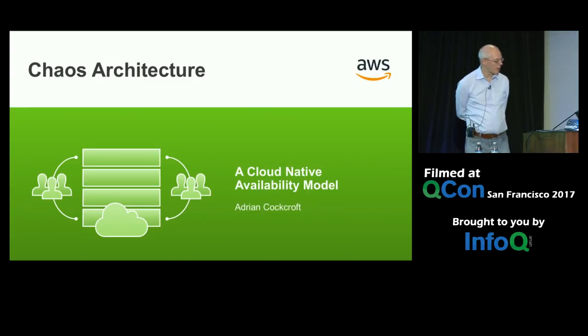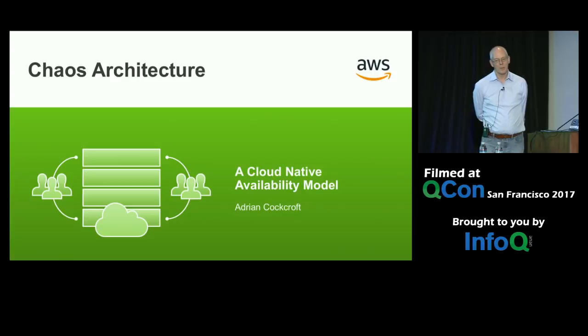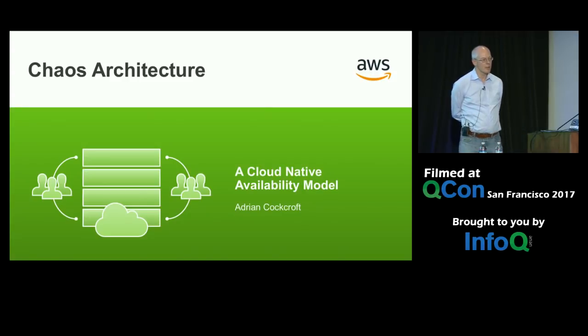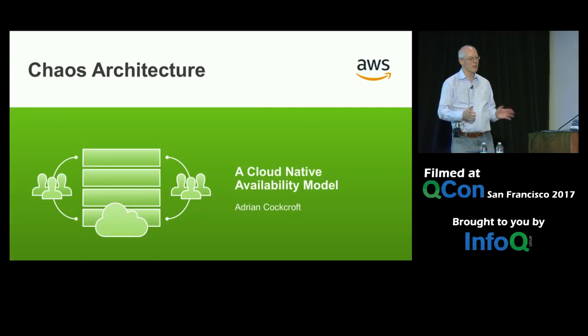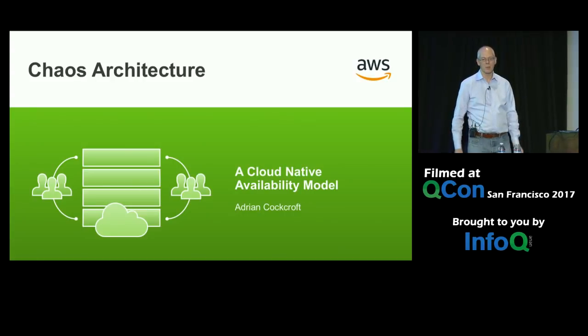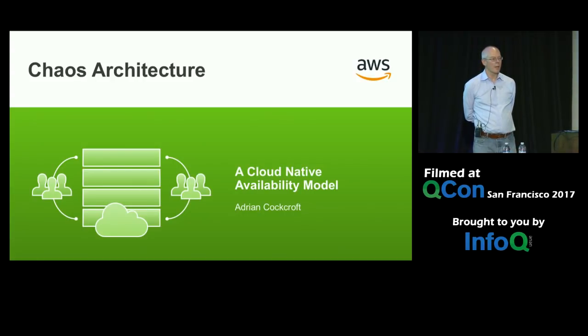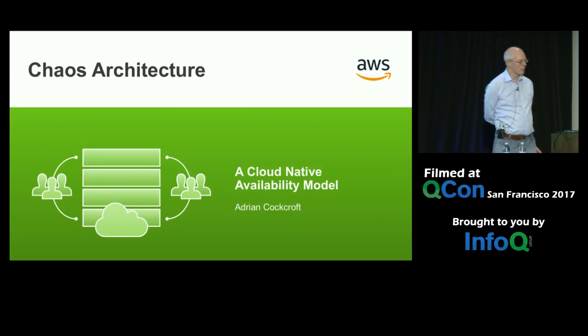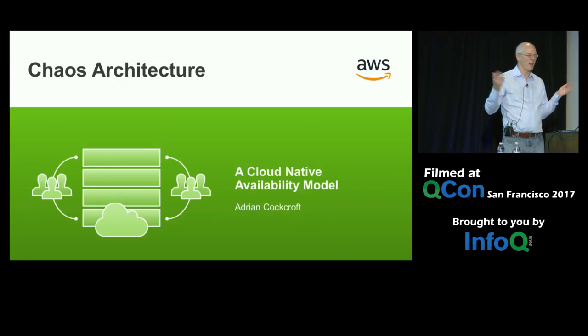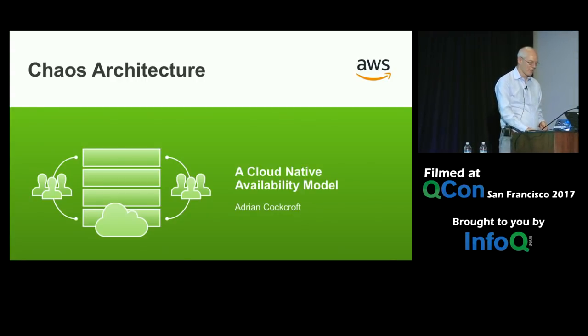So I'm going to run through a whole bunch of stuff. I'm going to lead into chaos architecture, but first of all, I'm going to talk a bit about what's going on in the evolution of business logic as we've gone from monoliths to microservices, and then talk a bit about the cloud-native principles. Since I've got 50 minutes, I'll do some intro, and then about halfway through, I'll switch over and start talking about how we can apply chaos architecture, chaos engineering, to these cloud-native architectures. And I call that chaos architecture because architecture is cool, right?